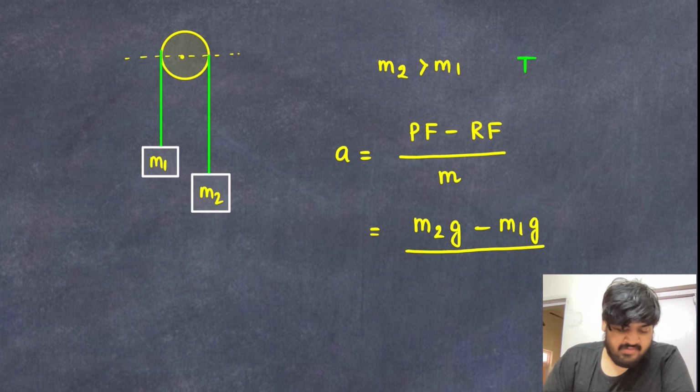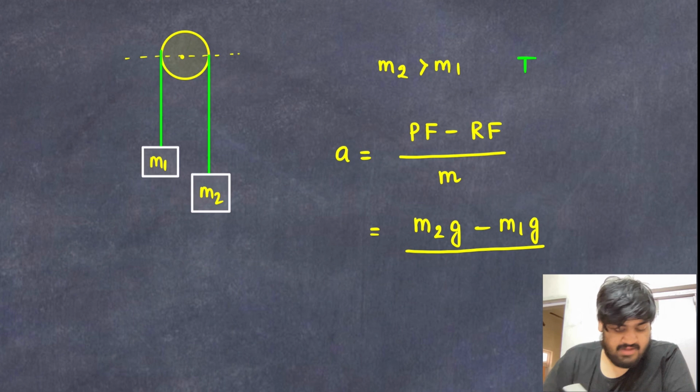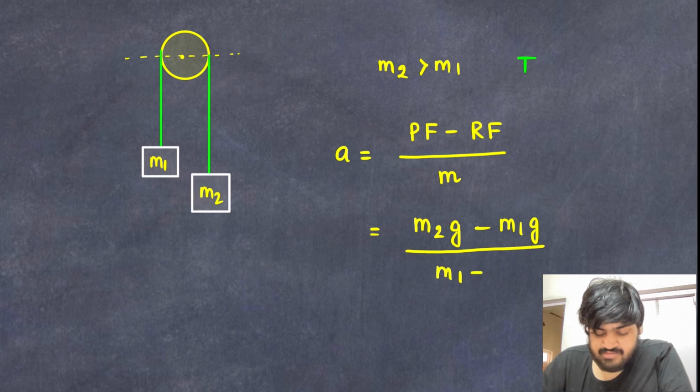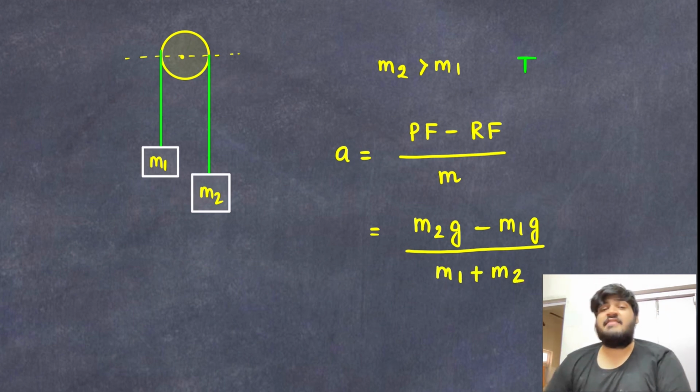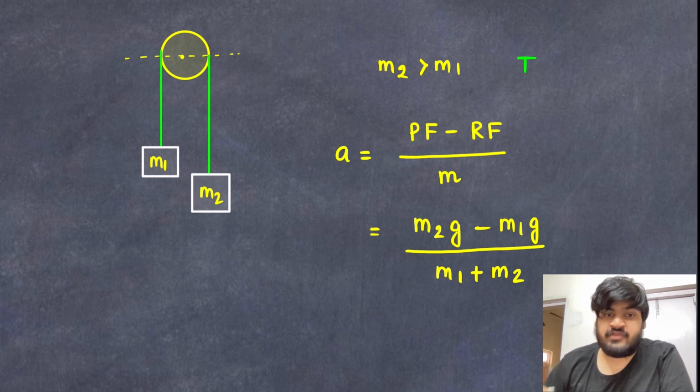the total mass? See over here there are two blocks, right? So this is the block of mass m2 and this is the block of mass m1, right? So total mass कितना होगा? m1 plus m2, as simple as that, right? So that means this will be m1 plus m2. Okay, so we have easily found the acceleration using our previous trick. And mind it guys, if you haven't seen our previous video, do see that video. You will not understand this thing if you don't see the previous video.